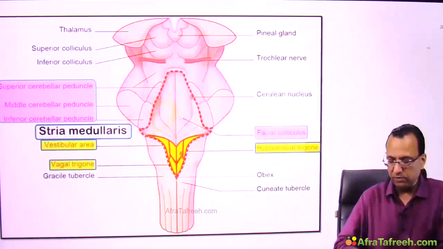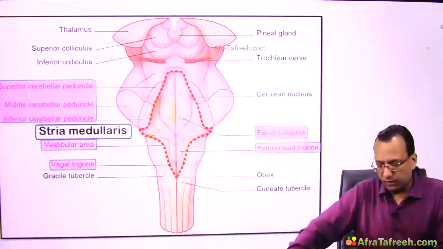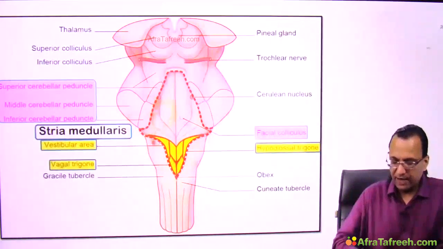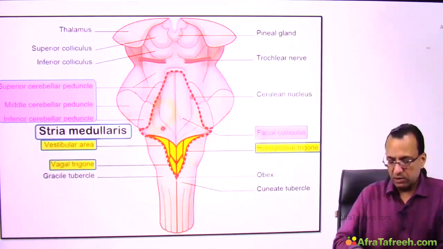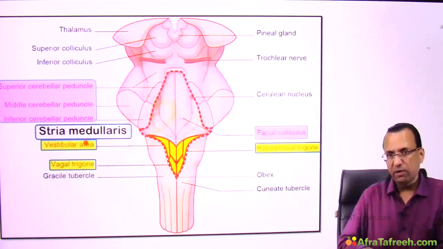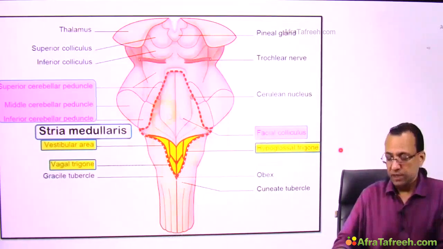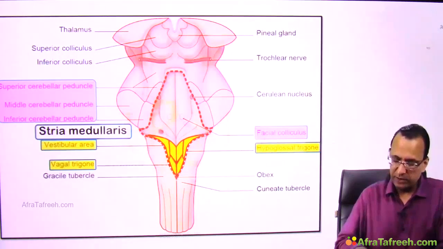And what is lateral to that? 10th nucleus. And what is the most lateral? That is the vestibular. You have to understand that if there is a lateral medullary syndrome, then the vestibular nucleus will be involved, and if there is a medial medullary syndrome, then the hypoglossal nucleus will be involved. So medial medullary syndrome will involve the hypoglossal nucleus because it is near the midline, and vestibular nucleus will be